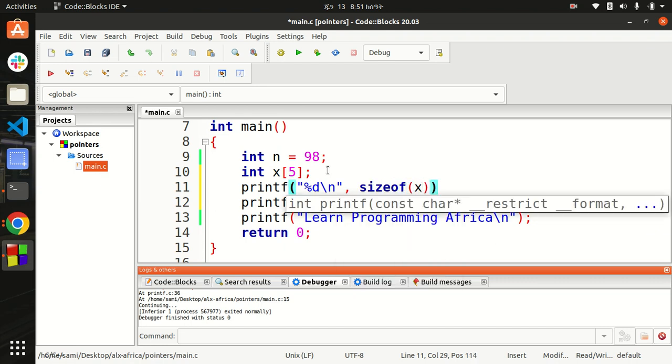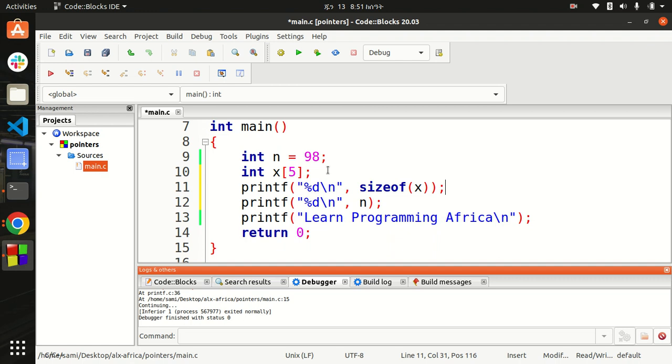If I try to run this program, it is going to give me the size of this array. As we know, integer has 4 bytes,